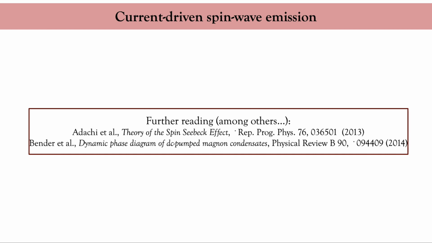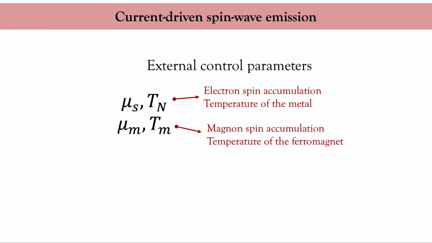I'd like to wrap up this discussion by looking at the various situations you can obtain depending on the external control parameters of the system. First, what are those external parameters? The most obvious one is the electronic spin accumulation that you can create by injecting a spin current on the metallic side. The second parameter is the difference between the temperature of the ferromagnet and the temperature of the normal metal. This temperature difference creates an imbalance in the spin accumulation on each side of the interface